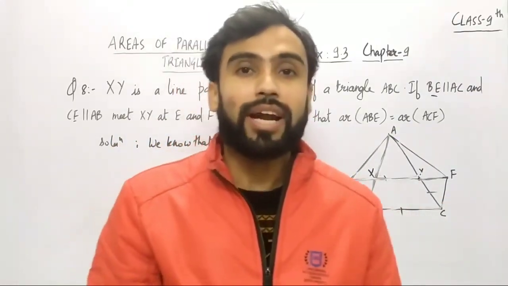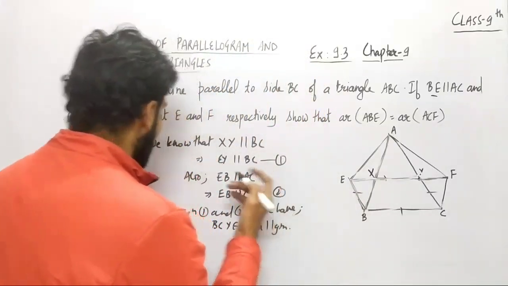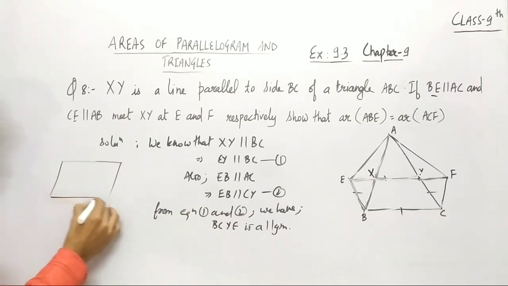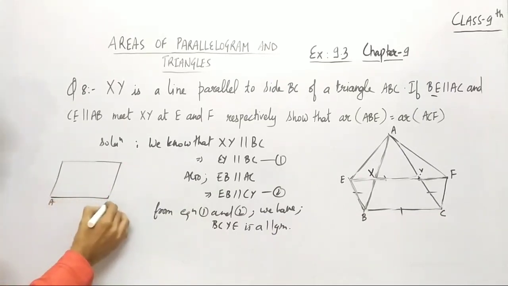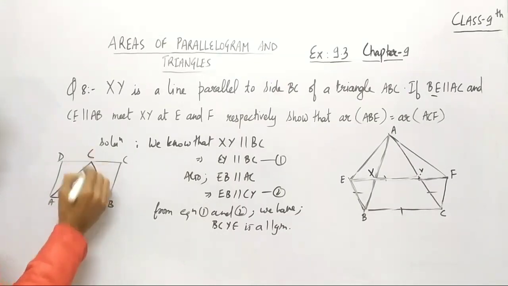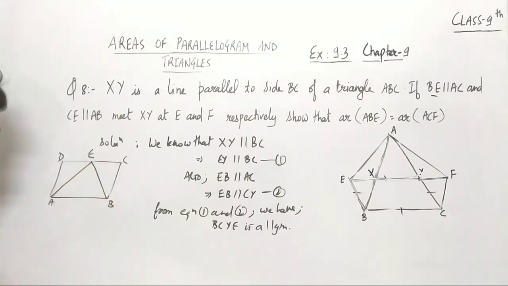Now there is a property. You can see if I just redraw a rough diagram here, so you will find out, अगर मैं यहाँ पे एक parallelogram बनाता हूँ, so let me just mark it as ABCD. Then एक triangle बनाता हूँ, which is named as AEB, right? So आप देख सकते हैं ये जो triangle AEB है और ABCD parallelogram है, दोनों same base और same parallels के बीच में है, right?